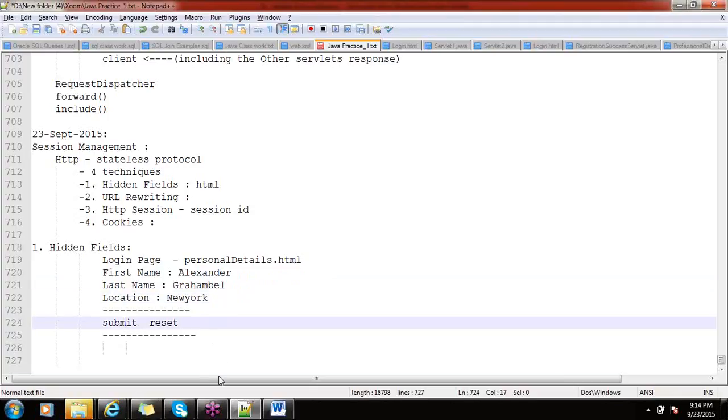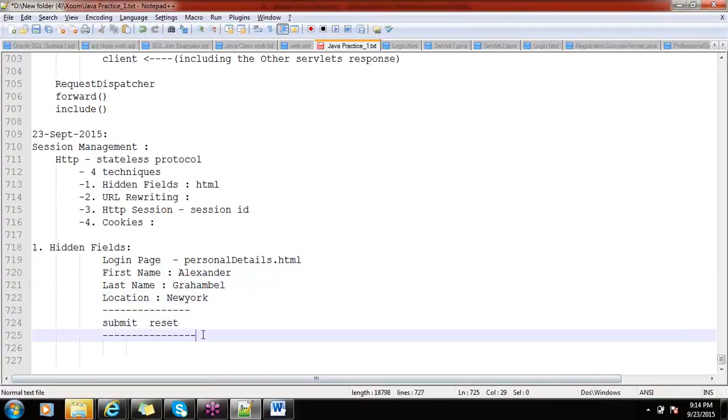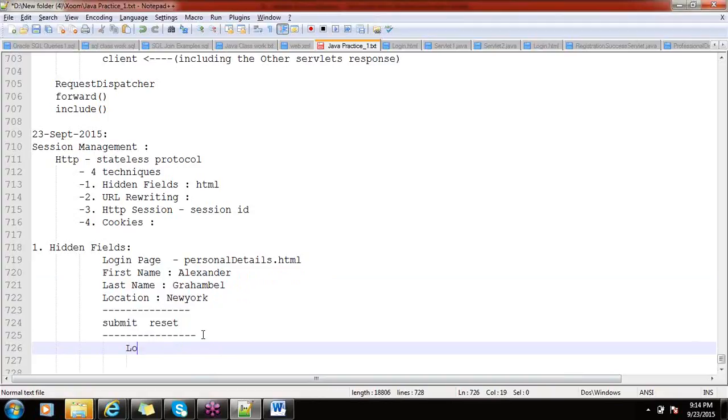Now there is a login servlet. The login servlet would capture. So this is a servlet. This is an HTML page, and this is